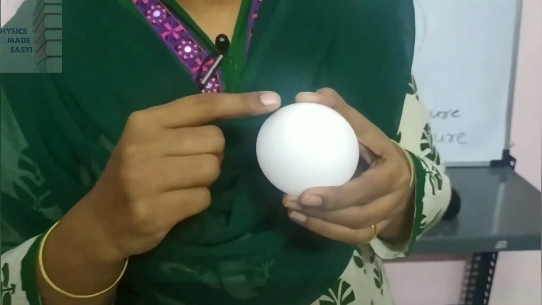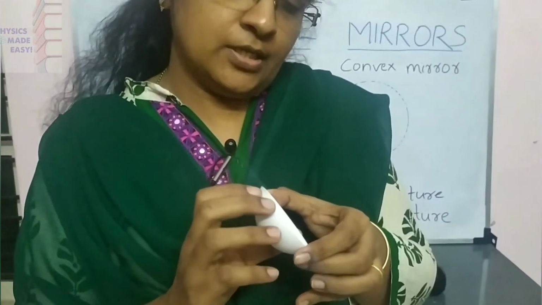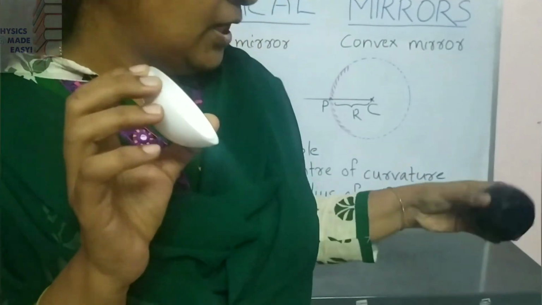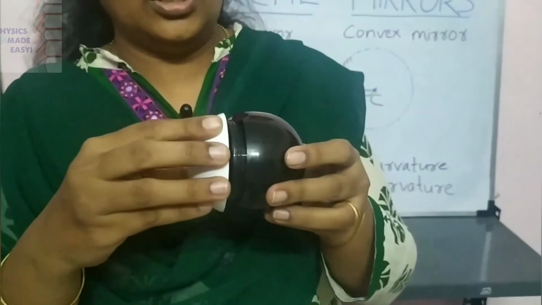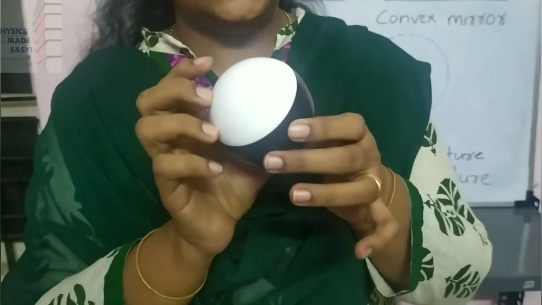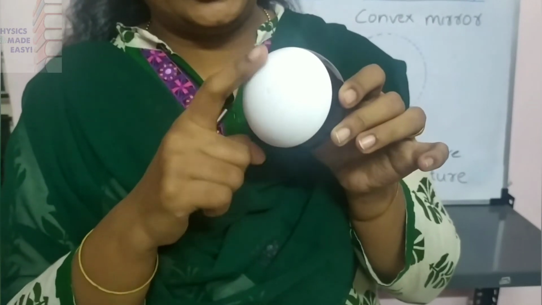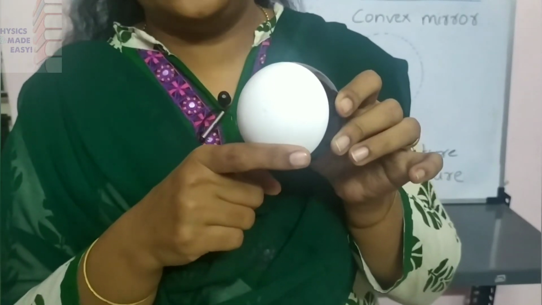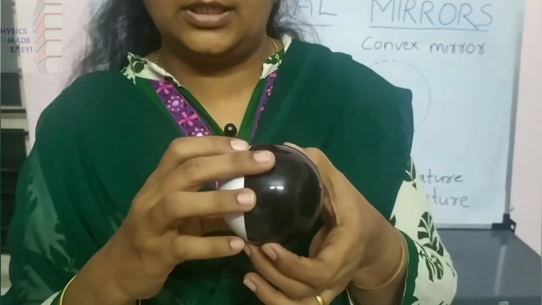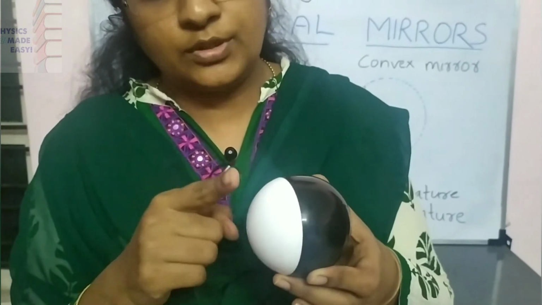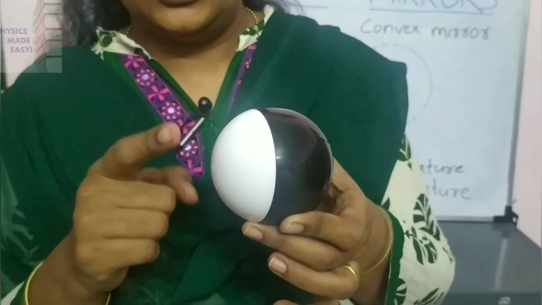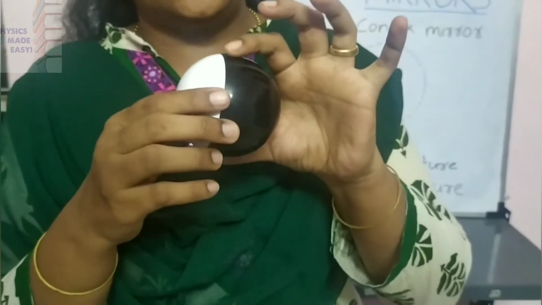Now you know this. If you imagine, this is a part of a sphere. Here you can see one black colored thing. Can you see a sphere here? This white color is what I have shown as that curved surface. That white surface is the part of a sphere. So we can say this curved part also has a center. What is that center? That is the center of the sphere.